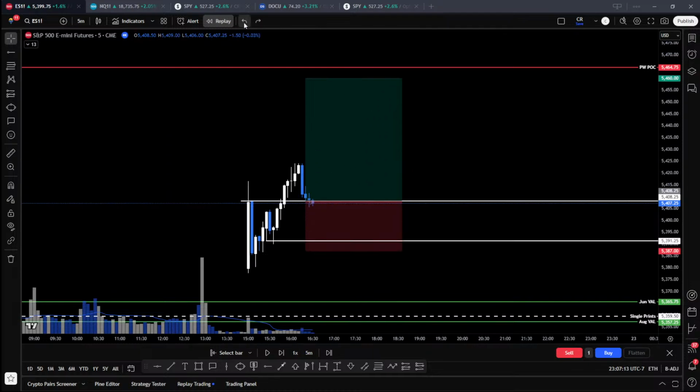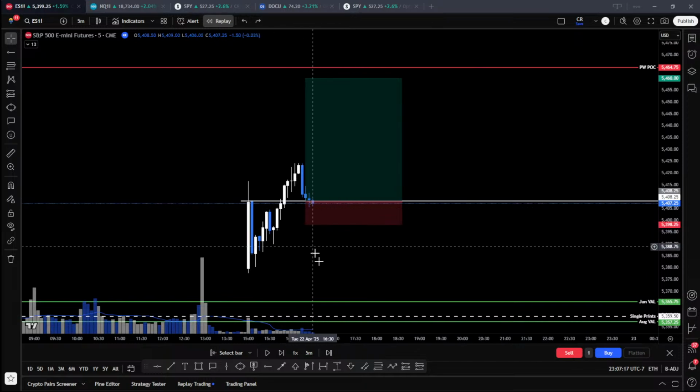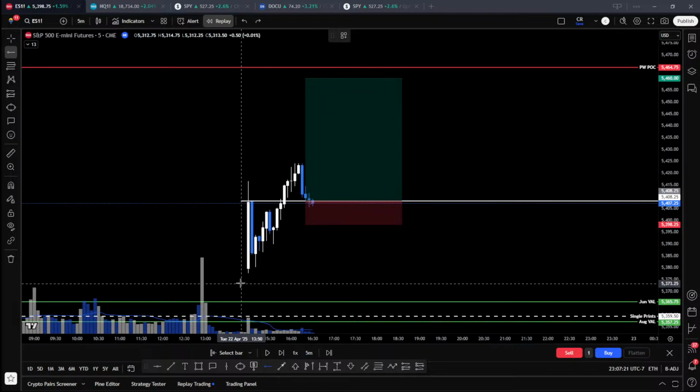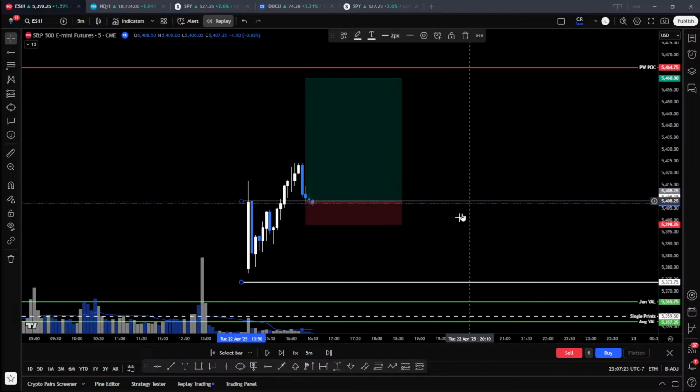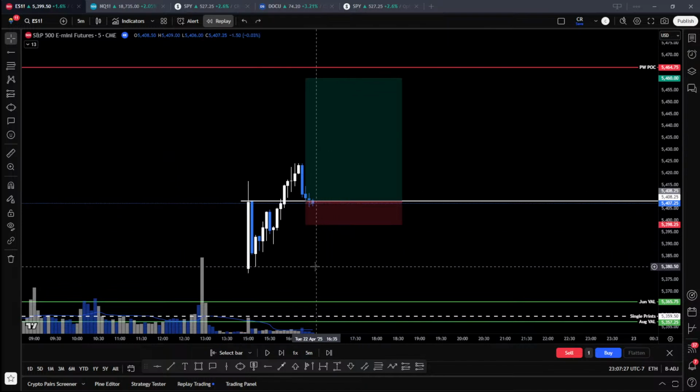So I decided not to move my stop loss and just leave it like this. And I'm glad I didn't, because I would have got stopped out no matter, unless I put my stop loss down here somewhere. I would have got stopped out on the trade. And so